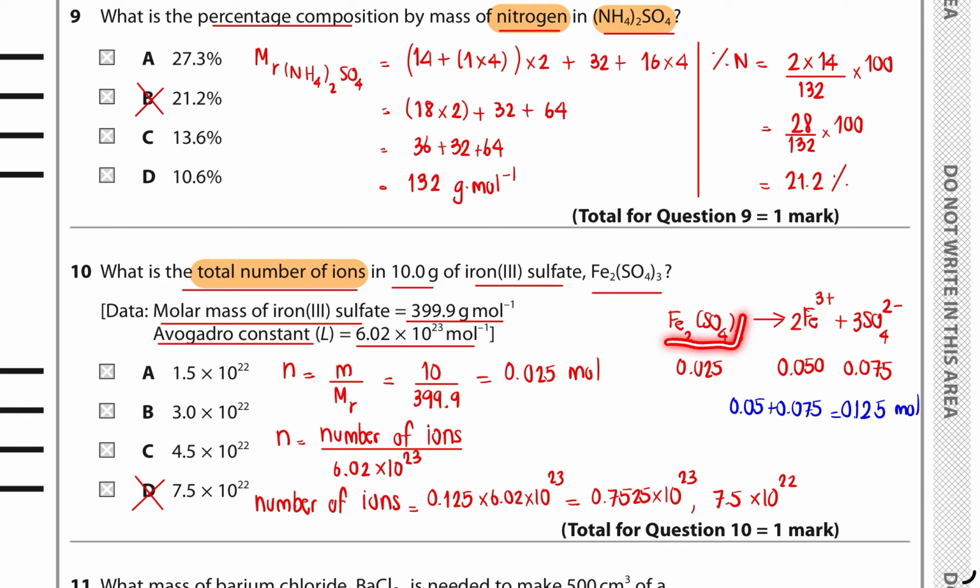Okay, now iron sulfate is an ionic compound, so it can be dissociated to be in the form of ions. So we have iron 3 positive and sulfate. Okay, so we have 2 iron here, so I have to put 2 here, and we have 3 sulfate, so I have to put 3 here. Now we have got the number of mole equal to 0.025. But we have 2 here, right? So the number of mole of iron will be equal to 0.05. And since we have 3 here, the number of mole of sulfate will be equal to 0.075. So the total number of mole of ions will be equal to